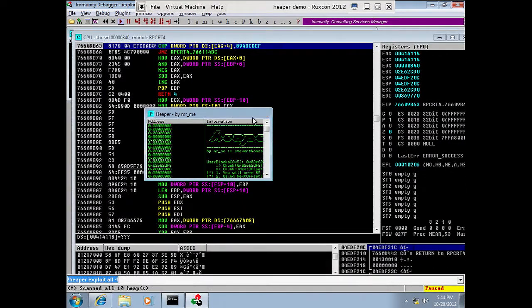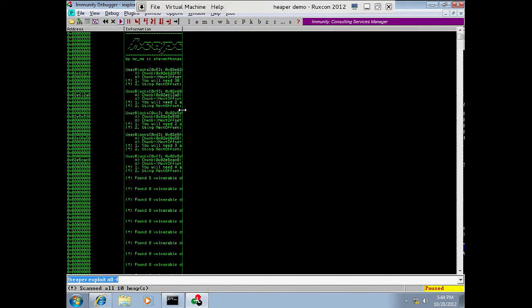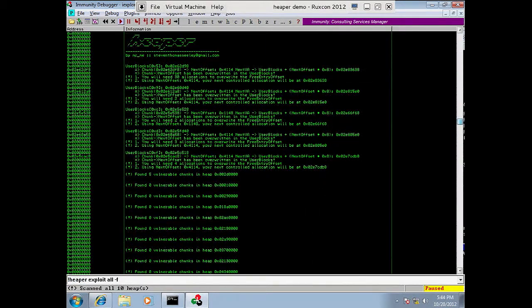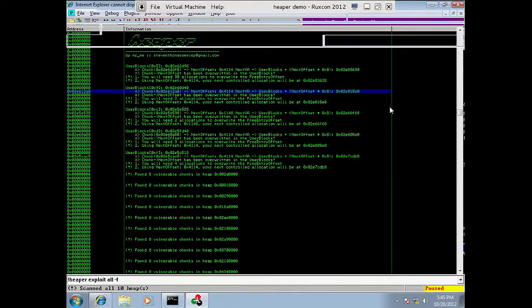Right, that's a bit better. Okay. So it's throwing a whole bunch of stuff at me. It's going, all right, well, there's 5 vulnerable chunks. It's because it's smashed multiple chunks in a bin and it's kept overriding in different bins. So you can see that the next offset's 4114. Does sound kind of dodgy, right? So if we just have a quick look though,